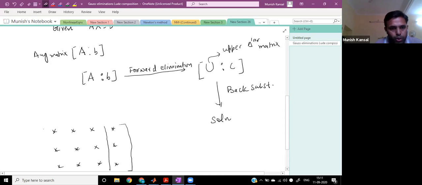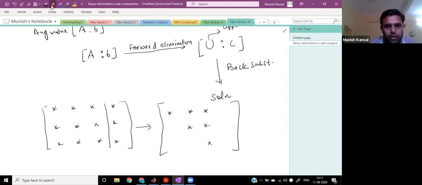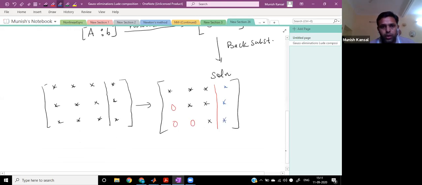So you apply some row transformations. I will tell you how to apply the row transformations with the help of one example. Now, when you apply some row transformations, what happens? You will convert this as upper triangular system, right? So upper triangular means the entries below the diagonal, all of them, what will they become? You will get zeros, right? This will be 0, this will be 0, right? And here are some entries for right hand side like this, right?